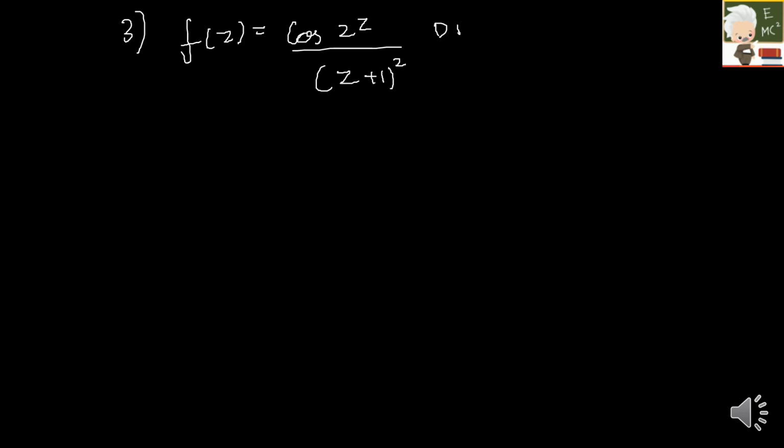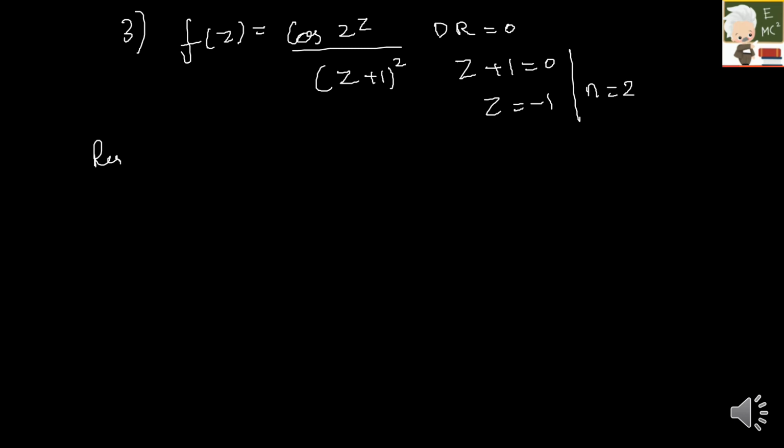So I will solve one more last problem. After that I will be giving a lot of tasks. So here my f of z is equal to cos 2z divided by (z plus 1) the whole square. So here my denominator should be equal to 0. So z plus 1 is equal to 0. So z will be equal to minus 1 and my pole of order is 2. So let me find it.